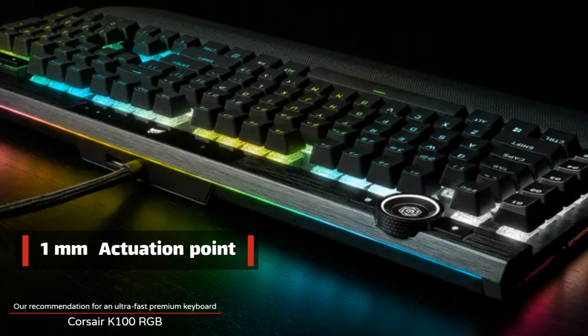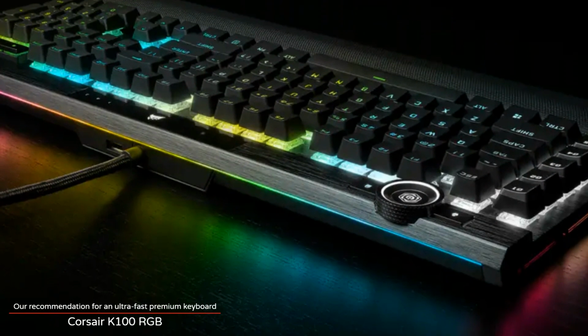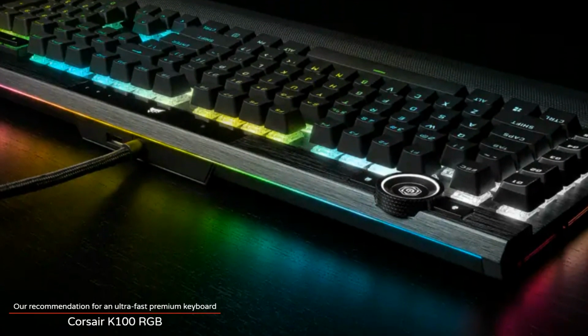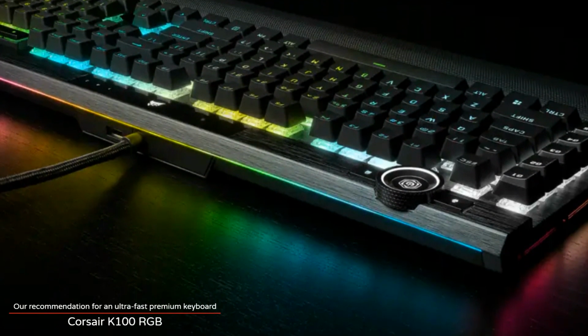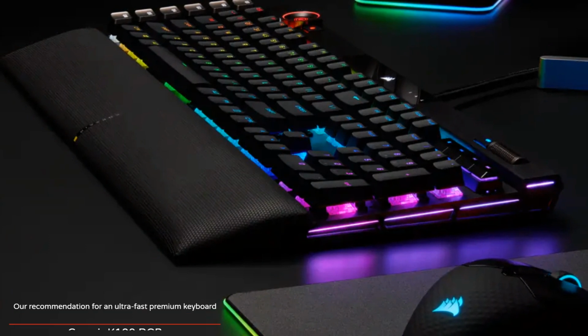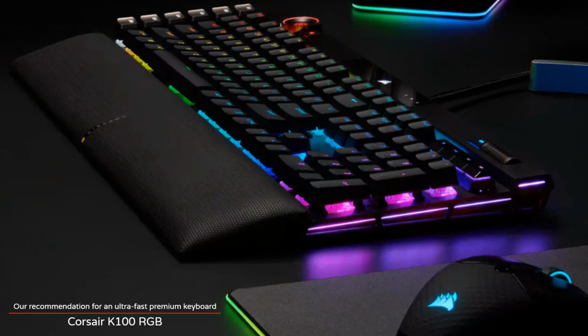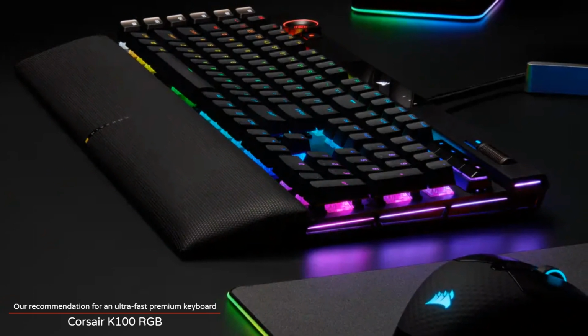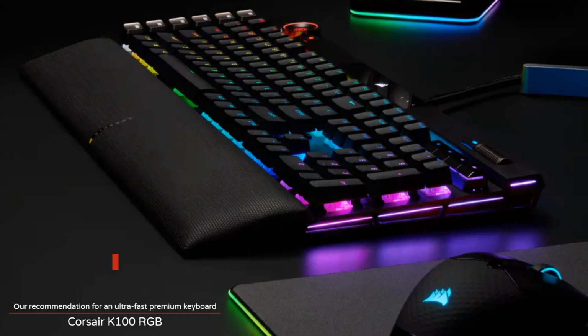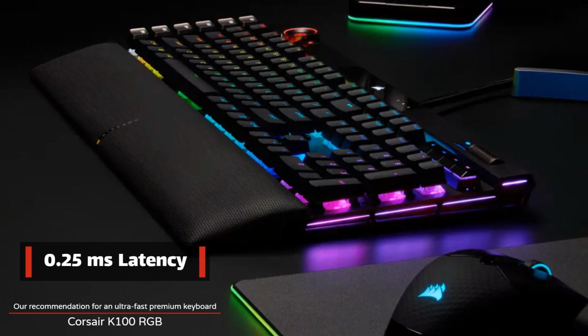As we've mentioned, the Corsair was the first to market with a greater than 1 kHz polling rate, and the 4000 Hz, 8000 Hz after firmware update polling available from the K100 is going to make for an incredibly responsive gaming experience, especially if you play fast-paced competitive games where every millisecond counts. As far as latency, the Corsair K100 offers an impressive 0.25 millisecond latency, which is 0.05 milliseconds slower than the